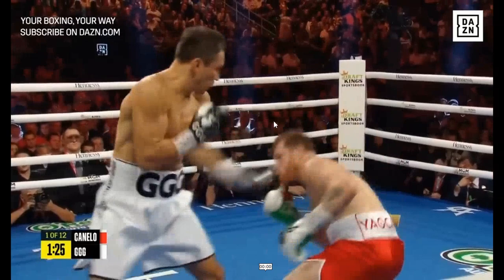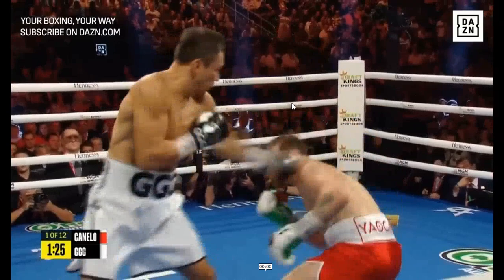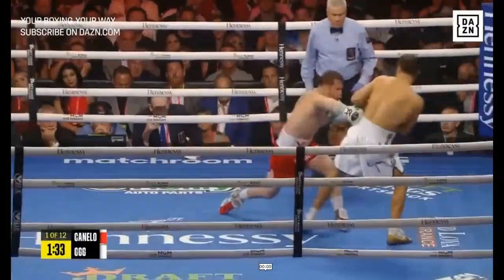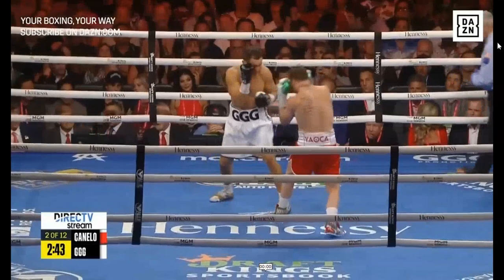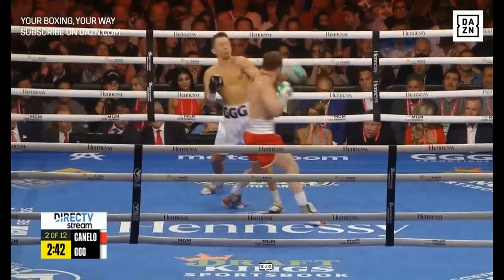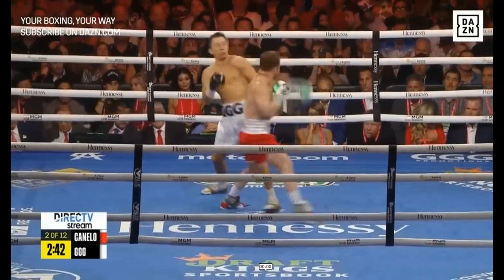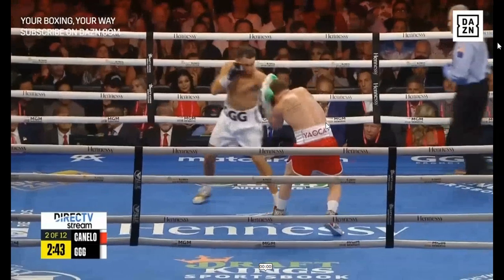It's going to be very important for Jermell not to give up and to allow Canelo to tire himself out, because Canelo is very explosive, right? Moving through the line, little Mike Tyson here, right? Exploding into this hook, boom. Now, real quick,